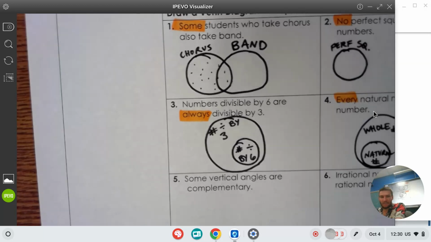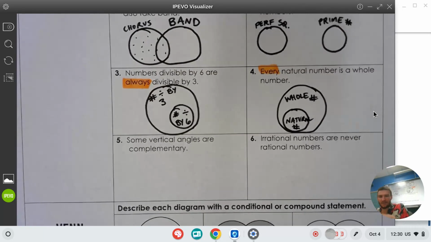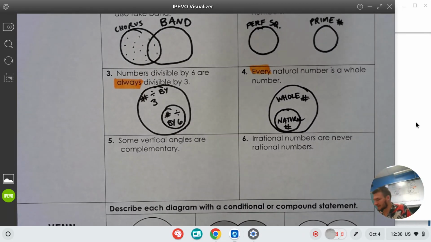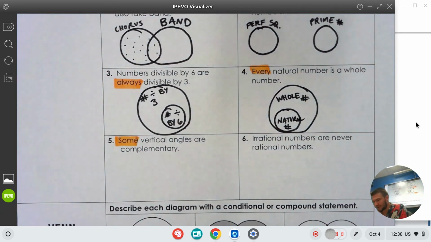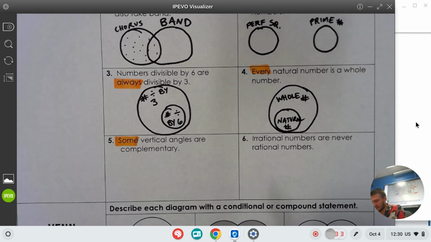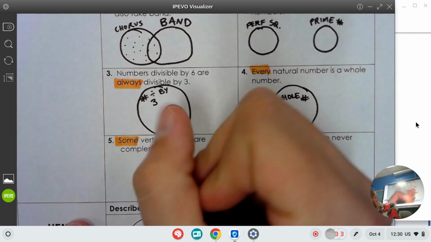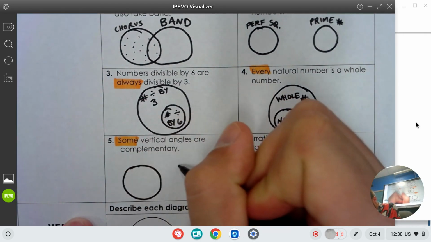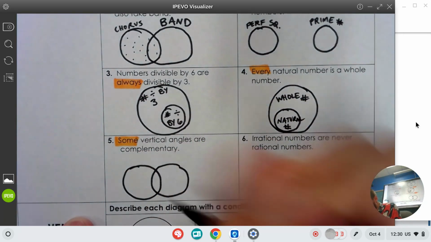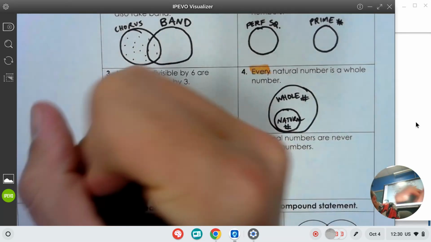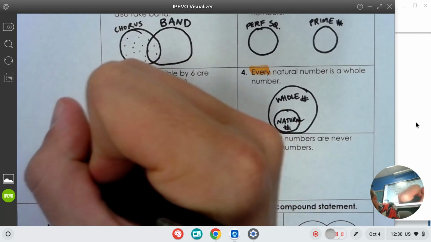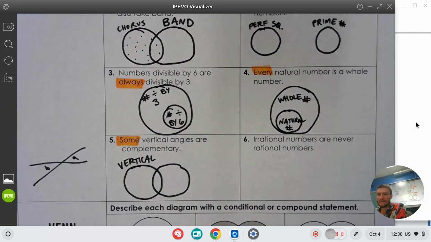All right. Number 5. Some vertical angles are complementary. Again, you get these little clue words. You think we're going to be set up with A, B, C here? I think it's going to be set up B as well. Circles with a little overlap, right? We got vertical angles. Remember, vertical angles are the ones that are opposites, like A and B here. And the ones that I just drew,